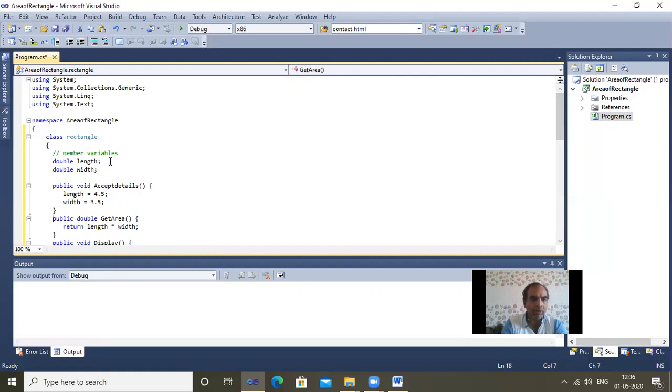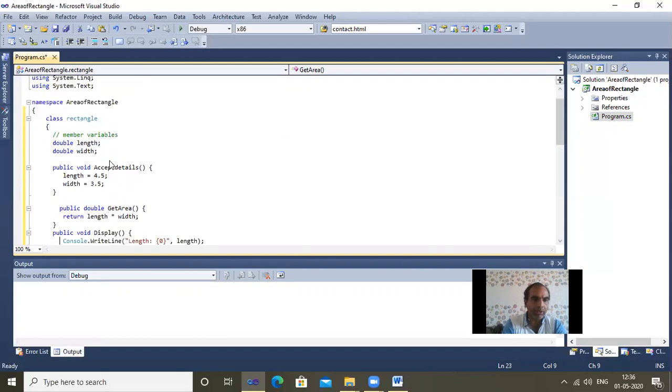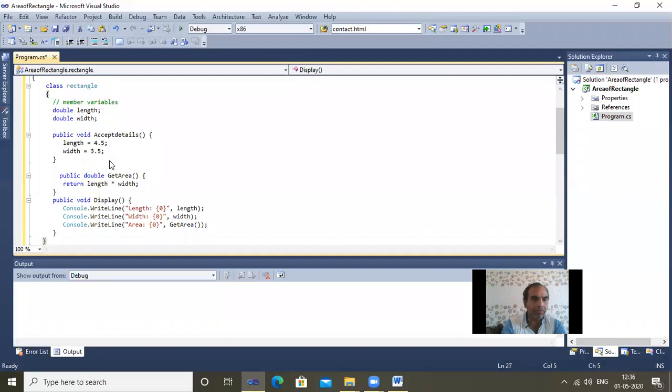After that, we calculate the area by creating another method, GetArea, which returns length times width, the values we accepted in AcceptDetails. After that, we display. In the Console.WriteLine, Length is a variable and it represents the value in curly bracket 0, that means a numeric value. Width is also a numeric value. Area is GetArea, which returns the value and represents it.